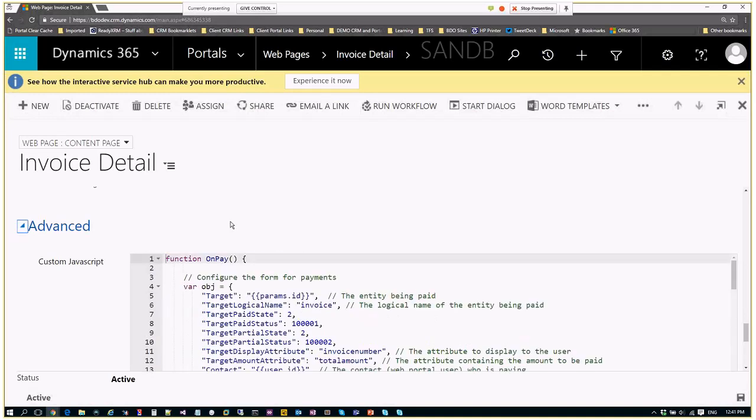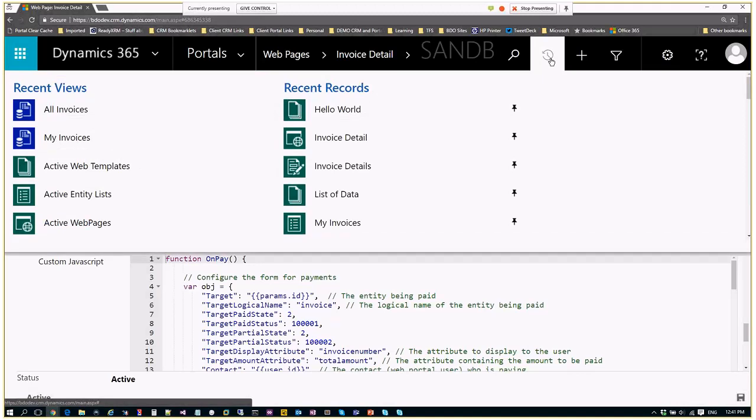So there's that. It's on a web page. Now I also got some, like I said, you can use JavaScript for what you typically use when you are manipulating forms in CRM.